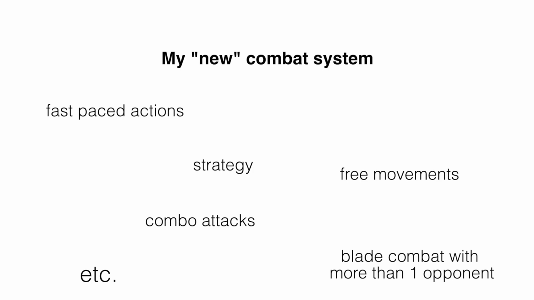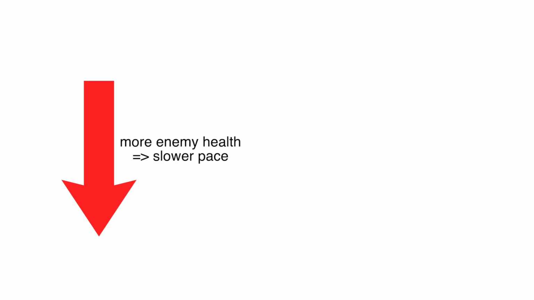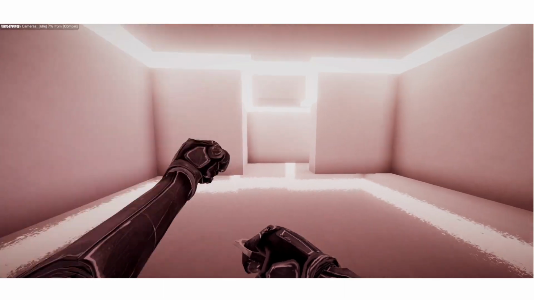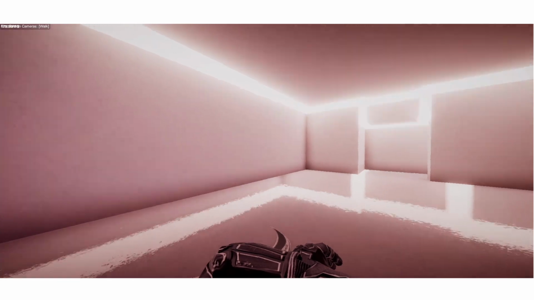However, it's likely that there may be some elements that may not work together, like fast-paced action and combo attacks. Here's where I should make a trade-off. I'll have the enemy withstand more than one attack, but make the combo attacks faster to maintain the game's fast pace. To further develop the system, I removed counter-attacking and added an ability to block incoming attacks instead.